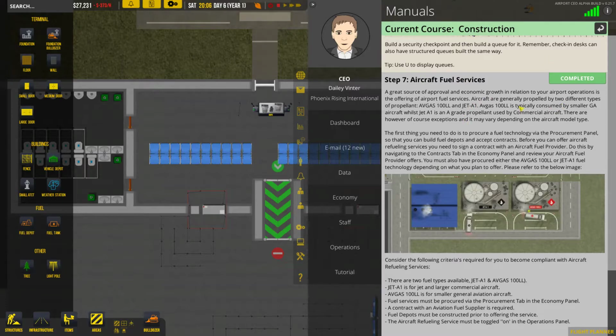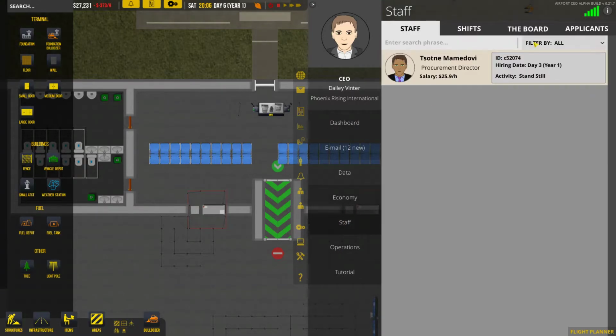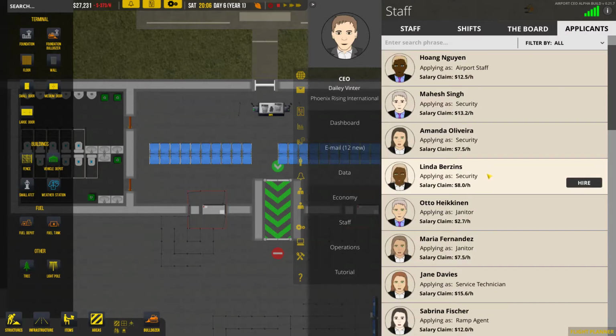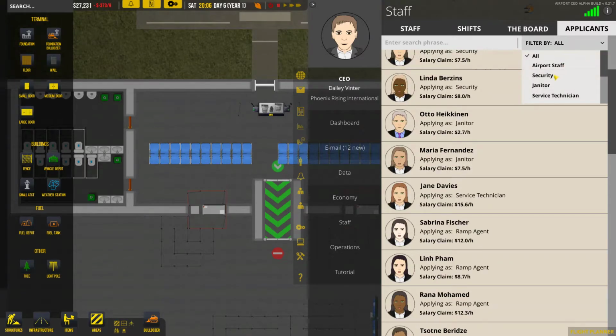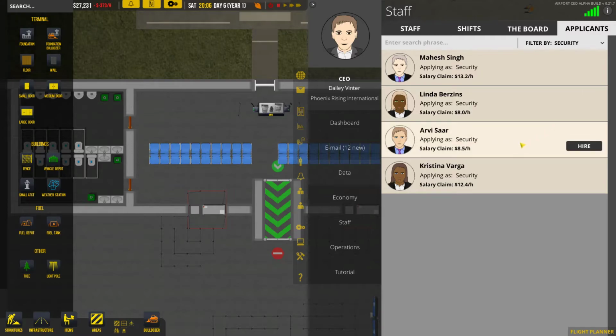This is about our fueling. So I'm not really sure why it's telling me it's on a secure zone. Let's go hire a couple security people. We're going to hire the cheapo ones. Filter by security. There we go. We'll hire Amanda Oliveira and, yeah, we'll hire Linda Barons. I was going to hire Sarv just so we had a nice split of male-female, but